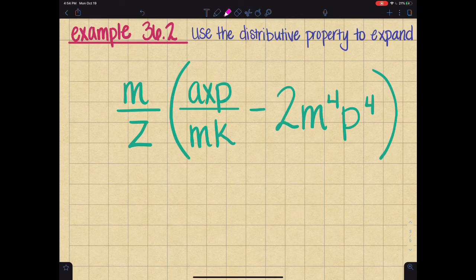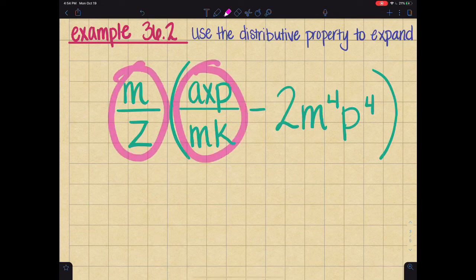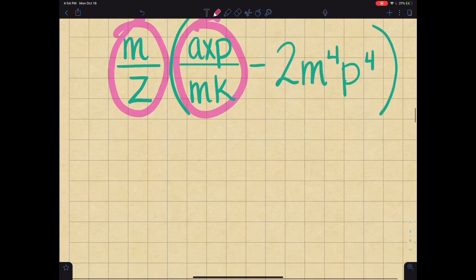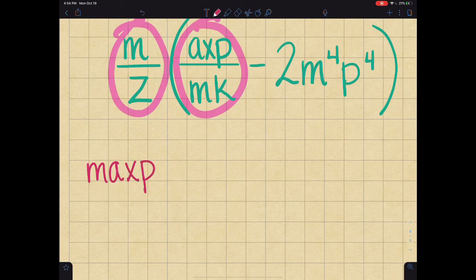Alrighty, so first we're going to multiply. And then, if we can, we're going to simplify that whole thing. So first, we're going to multiply. So 2 multiplication problems. First, this times this. So I'm going to write it underneath this time. So first I'm going to do the numerator. MAXP, because nothing is doubled or nothing is multiplied by itself. So it's just all of those things. And then on the bottom, it's going to be